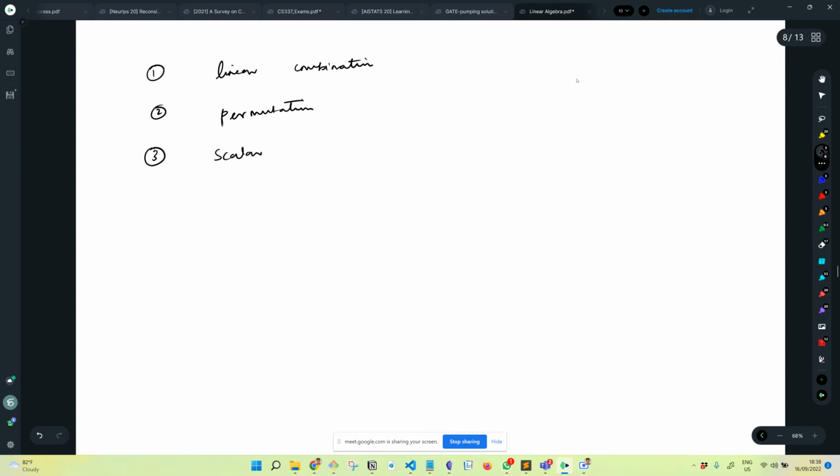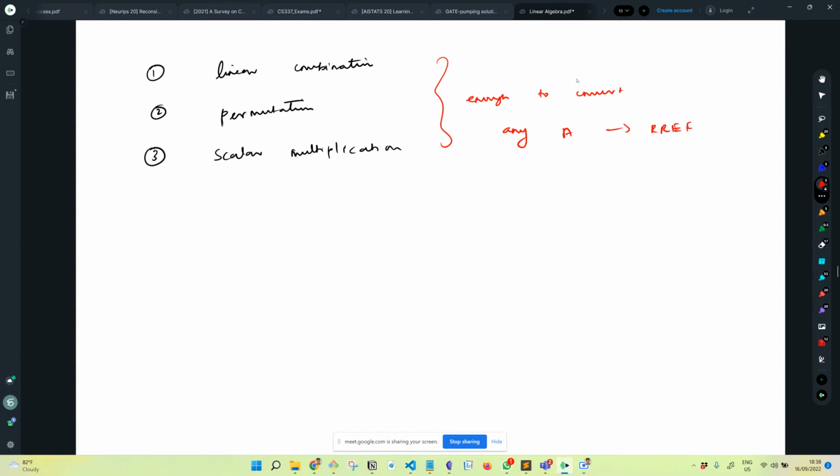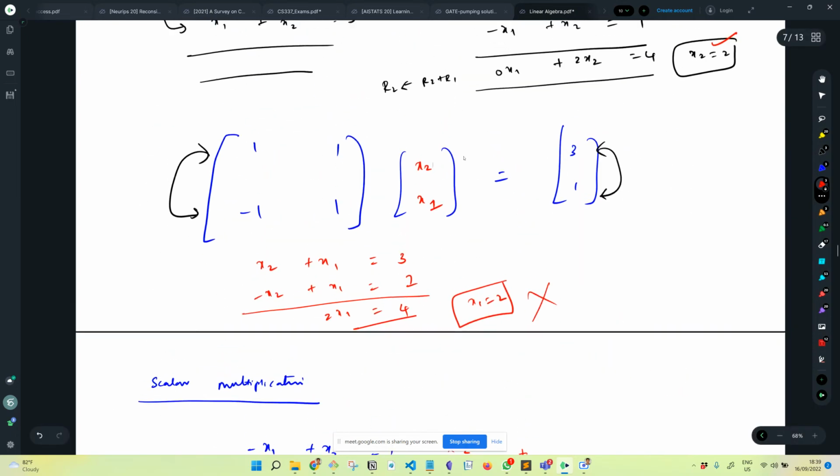Yeah. Now let us see. So basically, we have seen three operations. One is called linear combination. Second is called permutation, and third is called scalar multiplication. I'll show you that for any given matrix, these three operations are enough to convert any A, be it square or rectangular, to RREF. Right? Now let's take the matrix in the above system. Let's take a